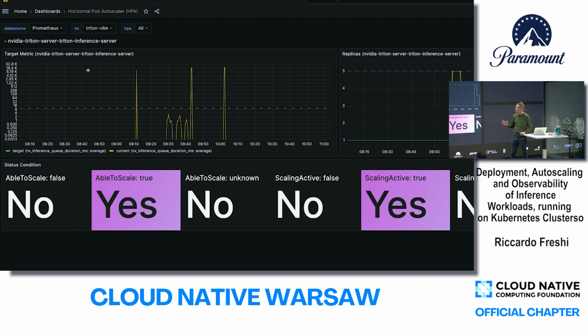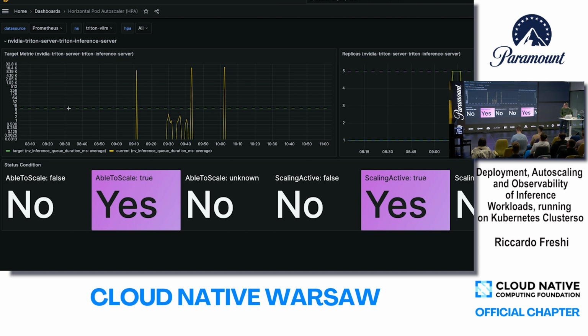that are related to requests, to a large volume of requests that are coming to Triton Inference Server, and therefore the queue becomes much larger. This is a logarithmic scale, and this is the 10 millisecond boundary that is set within the pattern.